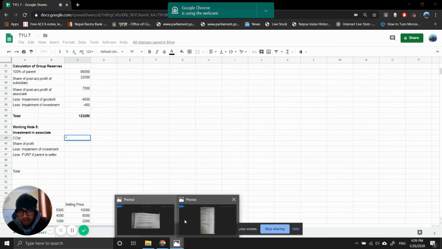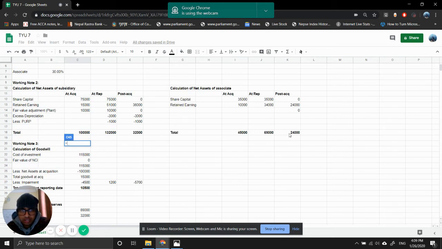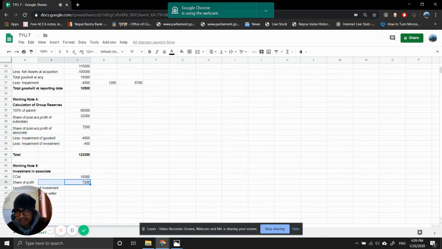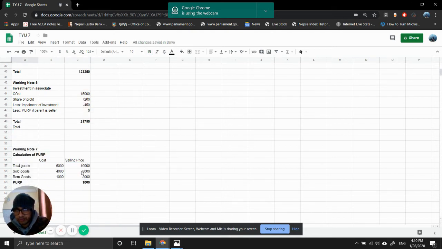So how much did we pay for it? It's in our balance sheet, 15,000. We paid that much. Share of profit will be this into this figure, and over here should be the same because this will be going to our asset side. This is already on our left-hand side, in our equity side, so this should equal this figure anyway. And then impairment of investment is minus 450. And then URP is not there. I think that's pretty much it. So hold it, sum, 750. This is working 6, and then